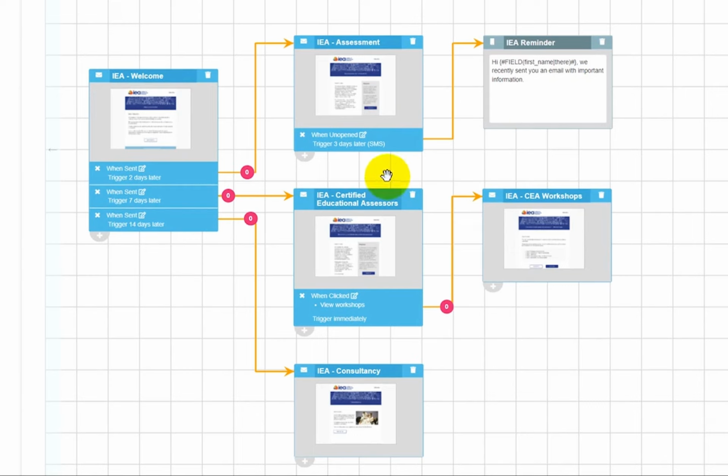Then down here we have another behavioral email. This is the second trigger email, which was issued 7 days or 1 week after the welcome email. This has a trigger on it, so that anyone who clicks that View Workshops link that we looked at earlier then issues, you can see it's set to issue immediately, this third email, which is the email that includes information about the upcoming workshops. Finally, we have the last trigger email, which was set up to trigger 2 weeks after the welcome email.